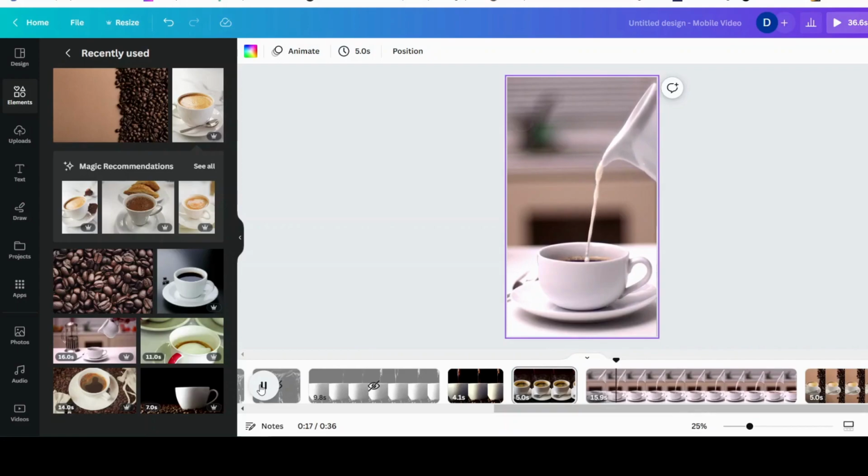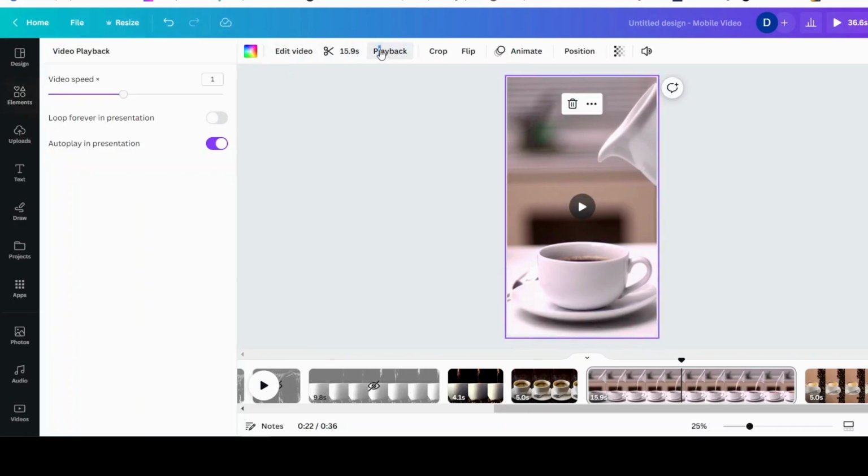Now this one already is being done in slow motion. So I didn't have to do much. So again, if you did want to do it even slower, you know how to do it. You just go back, you click on it, you go to playback, and you make it even slower. So for this case, we've seen how slow it was, but if you make it even slower,